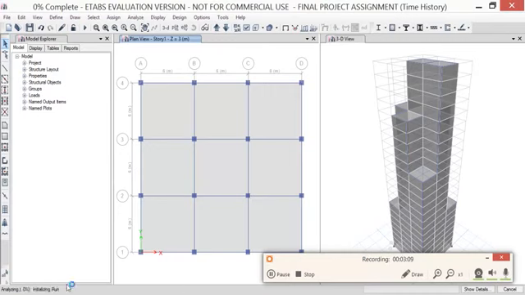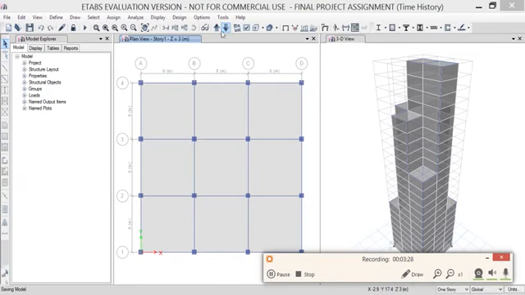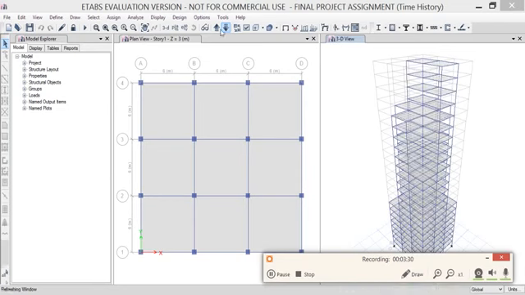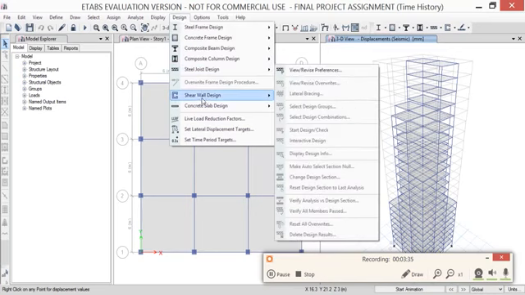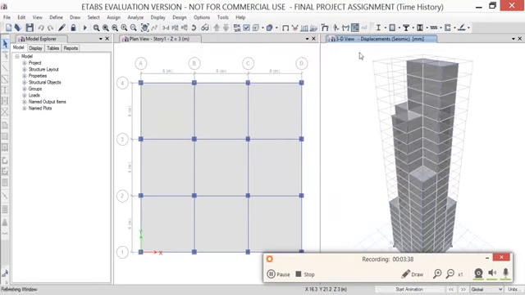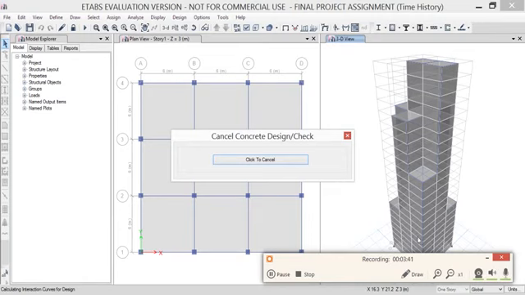You can see after the analysis the displacement value of the different joints can be observed after clicking at each of the joints. Here the analysis progress can be seen at the right hand side of the bottom of the second window. After the analysis, we will carry out the design check for the different sections of the beam and column. You can see the displacement as I mentioned earlier. Then we can go to design, concrete frame design, start design check, which will carry out the design of all the different section properties, that is the beam as well as column.